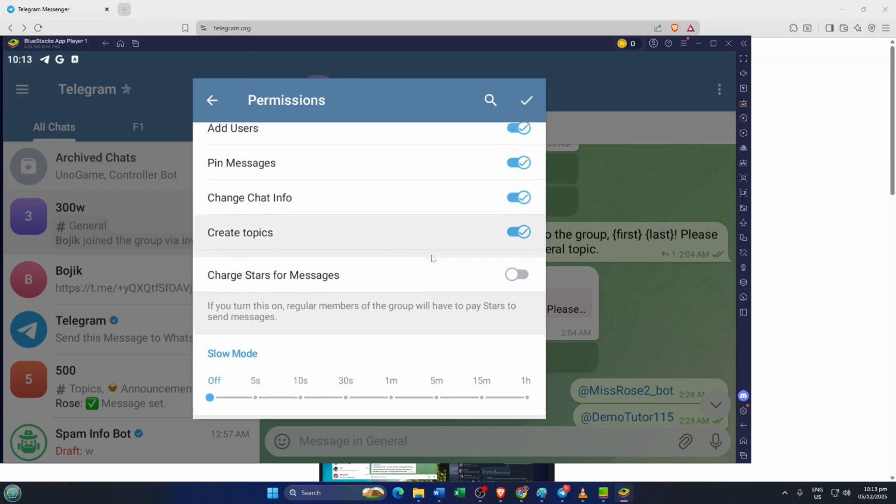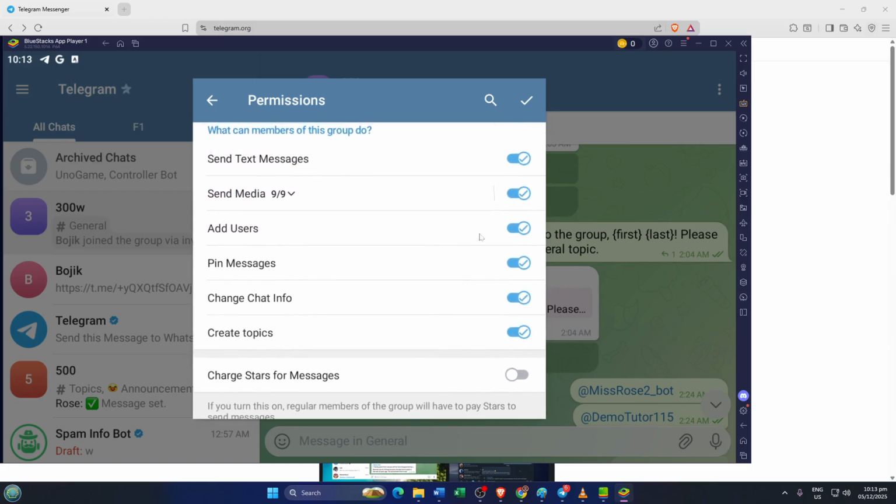Now, the key setting here is Add Users. By default, members can add new people to your group through an invite link, which is what triggers all those service messages whenever someone joins. You want to toggle the Add Users permission off for regular members. Once you do this, only administrators will be able to invite new users, and Telegram will quietly stop posting those